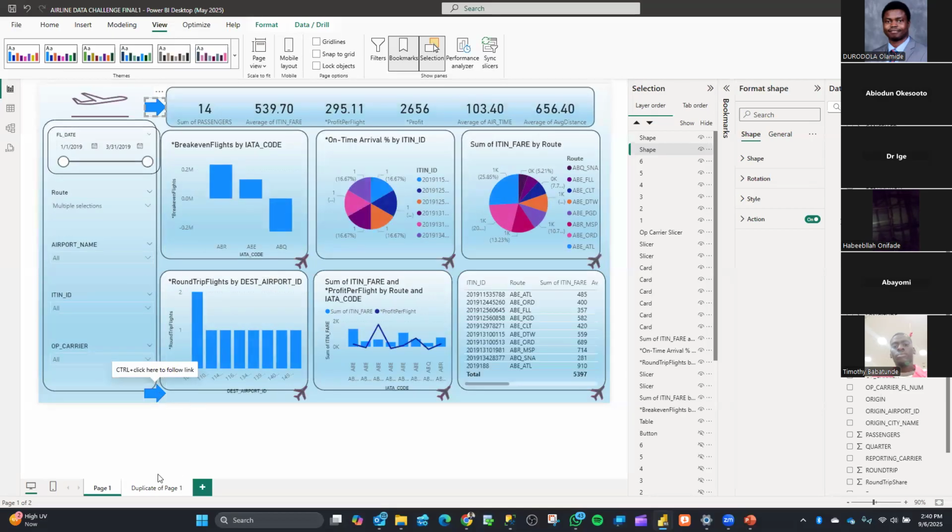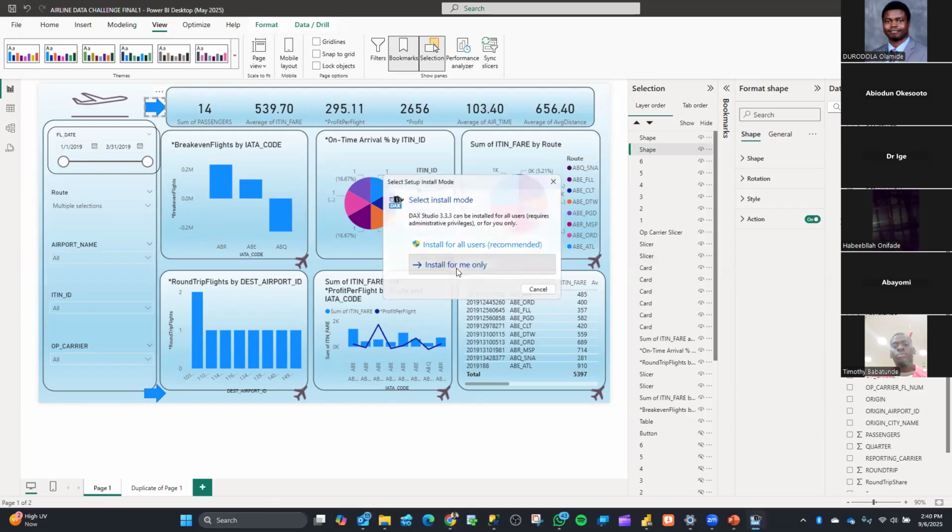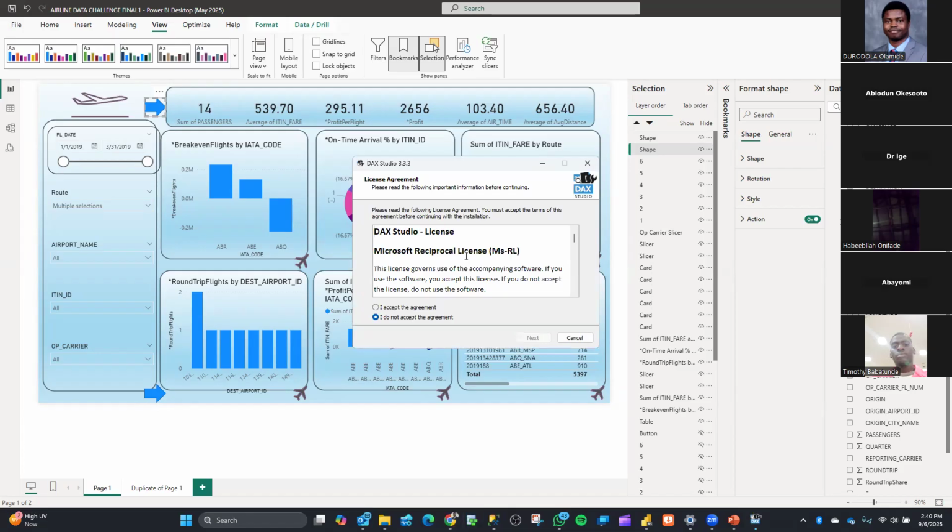So that's how we work on the bookmarks for page one and page two. So I'll be expecting something like